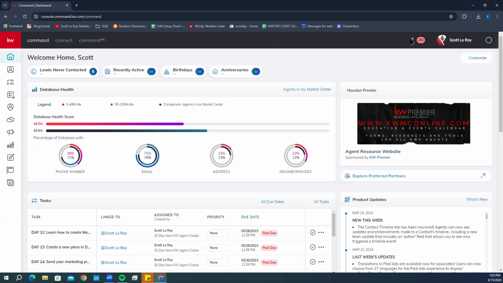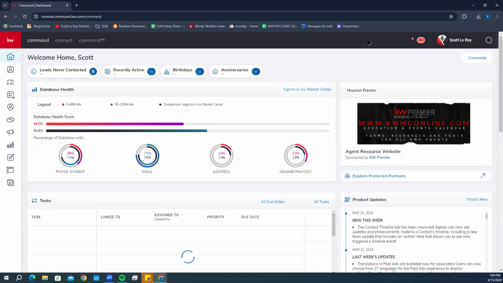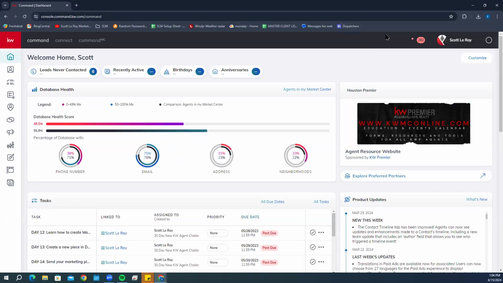Moving along over here to the right, let me do a little refresh because there's a couple little icons missing right here. So command may be doing an update, but you should see a little storefront icon, which is going to be your marketplace. That marketplace icon is going to allow you to download things like apps that connect to command, such as